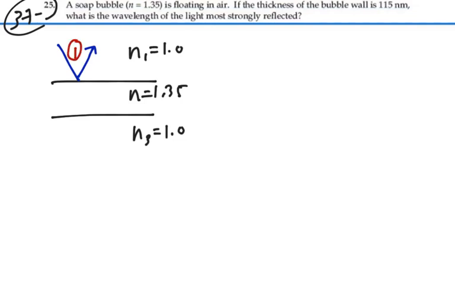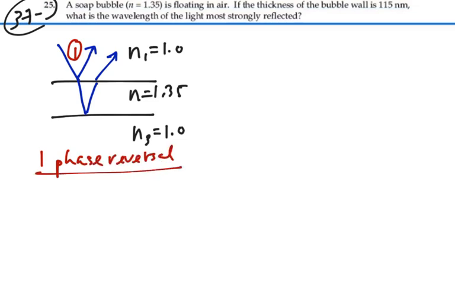Then we have refracted light towards the normal, and that will internally reflect off the other interface, but there will be no phase reversal for that because we're going from a higher index to a lower index. So we're going to end up with one phase reversal in this situation. Hence, the light would have destructive interference if that was the only thing going on, but we want constructive interference,